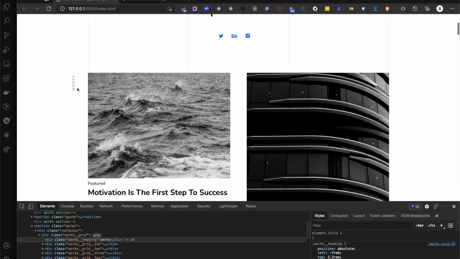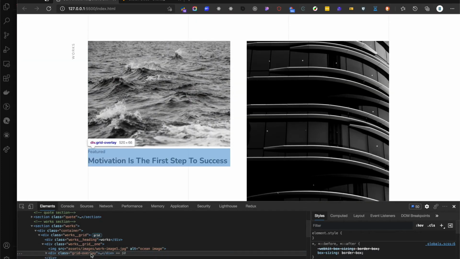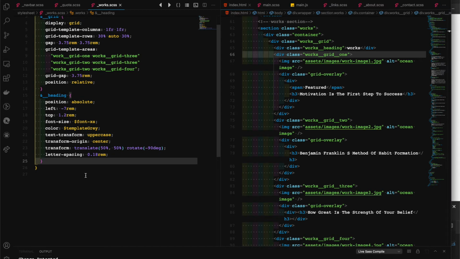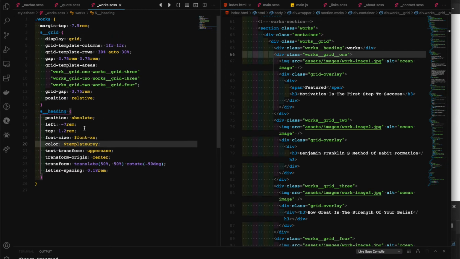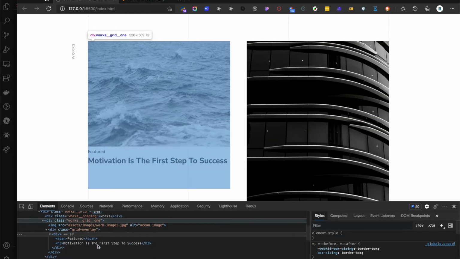Just one thing that we need to do is we need to add this portion absolute, which is grid overlay. Actually, grid overlay is the overlay, and then absolute element is also the grid overlay, and also inside of grid overlay this div as well. So for that one, we will add the grid overlay CSS, and yeah, so let's go to grids and images, and first we can just add these h3, which is just this